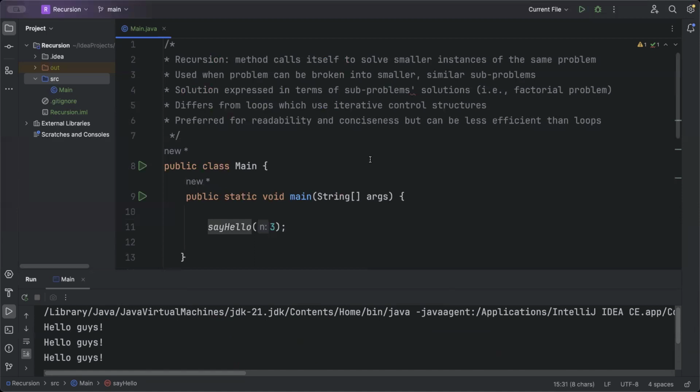We have certain problems which we can divide into smaller units, and those smaller units are basically taking help from other smaller units. For example, we have the factorial problem from maths. In factorial problems, we can divide the solution into smaller solutions, because we know that in a factorial every number is multiplied with the next number. And sometimes we have a family tree as a problem. If we have five kids from our parents, the parents will be repeating again and again. So in this type of situation, we may prefer to use recursion instead of loops, but we should keep